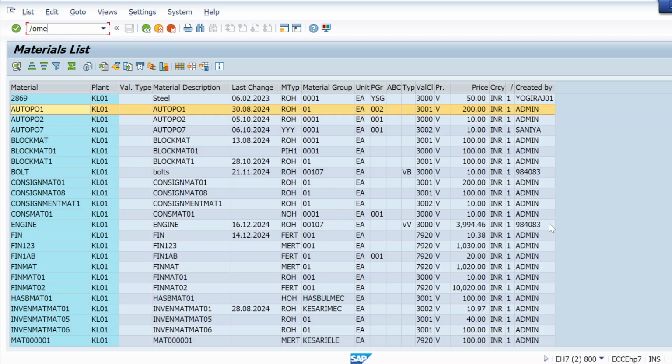I need to check with the ABAPer because the error is coming to enter the supplier, but still we are mentioning the supplier. So most probably it will be resolved by debugging. So I will check. So auto PO, let me go with